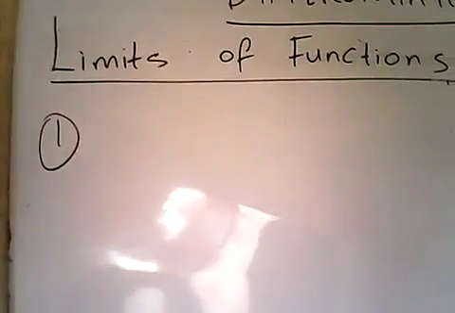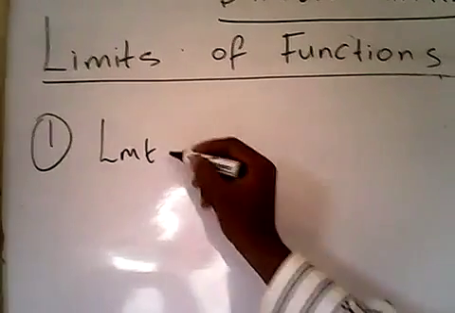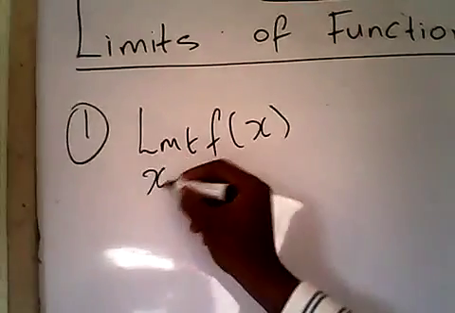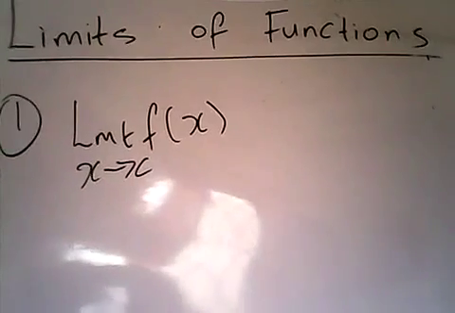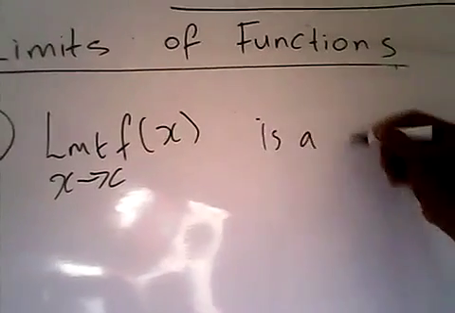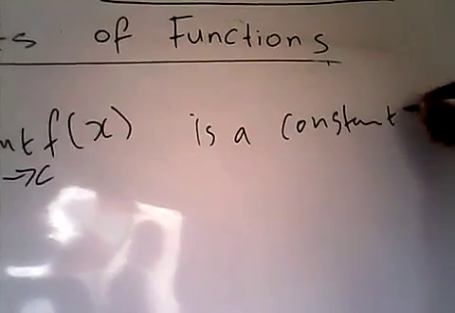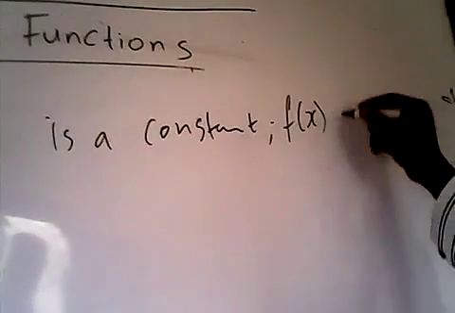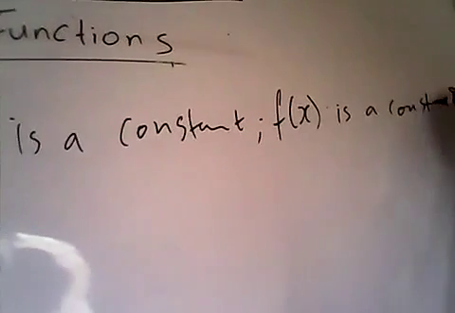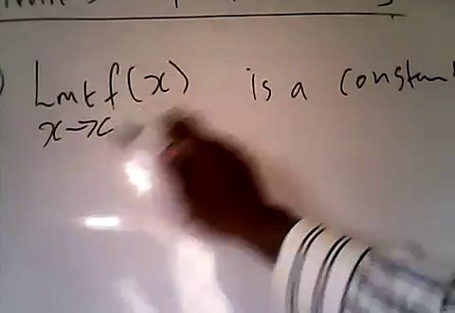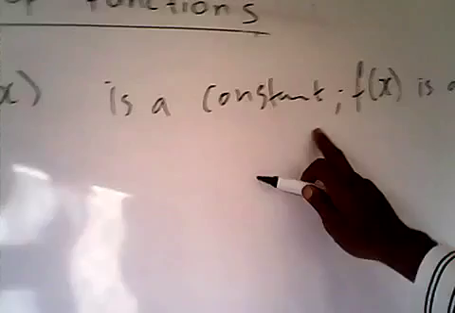We have limit of function of x as x tends to c. Now we are going to write that limit of function of x as x tends to c is a constant, provided that function of x is also a constant. Then limit of function of x as x tends to c is also a constant. That is, limit of function of x as x tends to c is a constant if function of x is